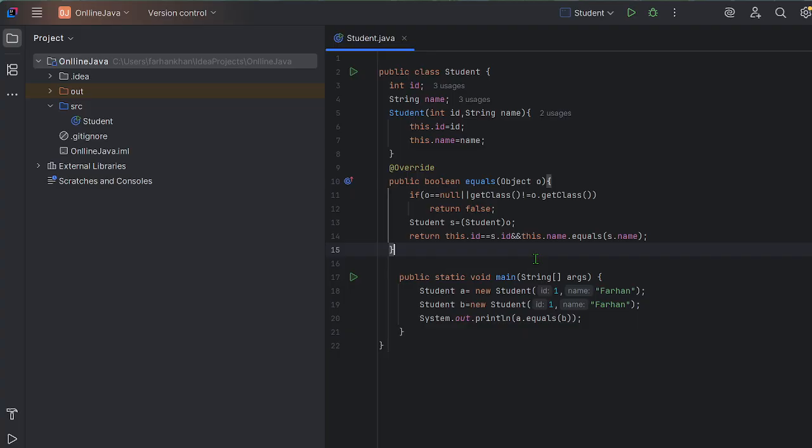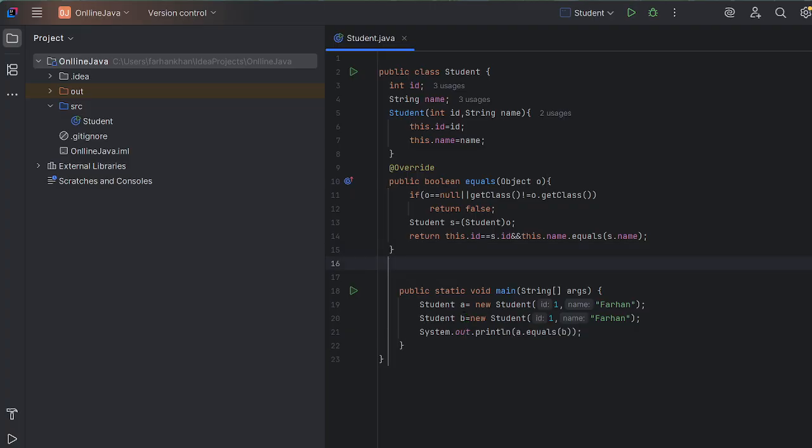Although the equals method is written, the hash code will be generated different, because the hash code by default is generated from the reference number of objects. So these two have different reference numbers, so the hash code will be generated different. So we have to override the hashCode too.